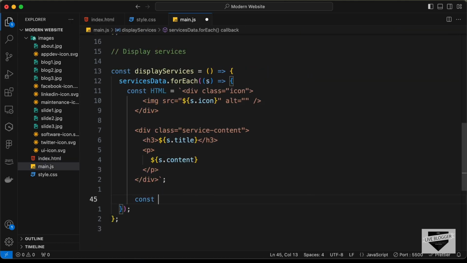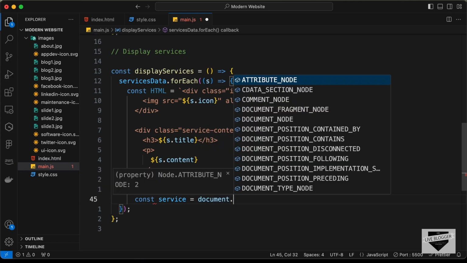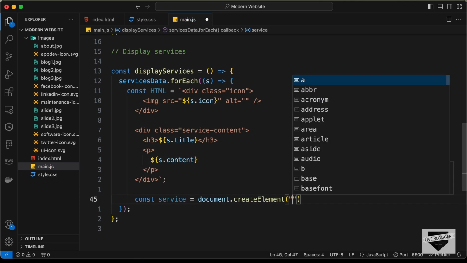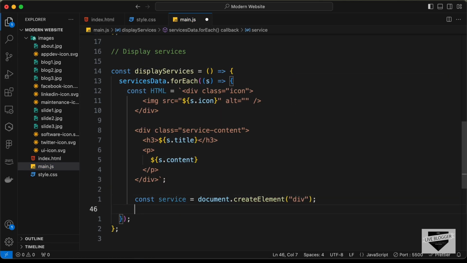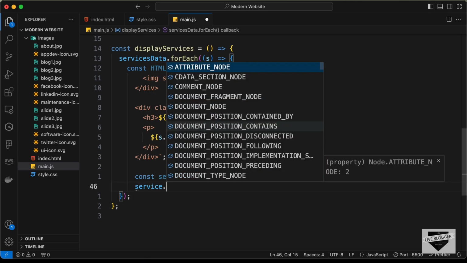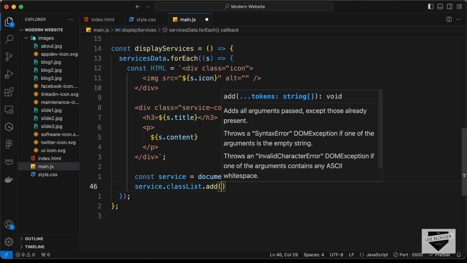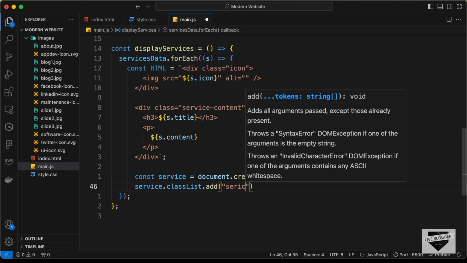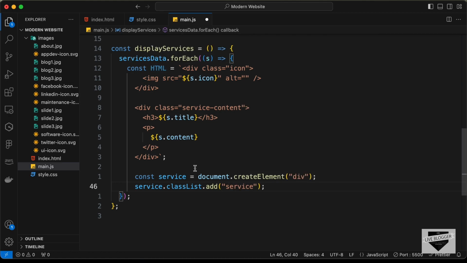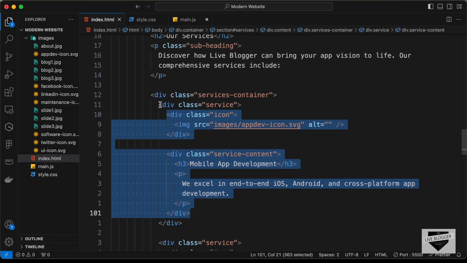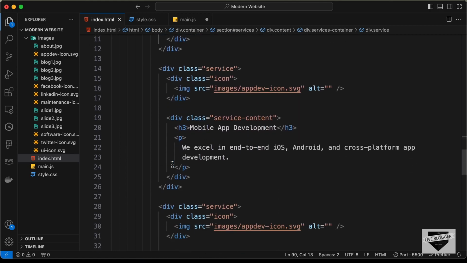So let's type const service equals document dot create element, and it will be a div. And let's type service dot class list dot add, and we need to add the class service, and then we need to add this HTML to the service. So let's type service dot inner HTML equals HTML, and then lastly we need to add this service to the services container. So I'll just go ahead and delete all these services from here,